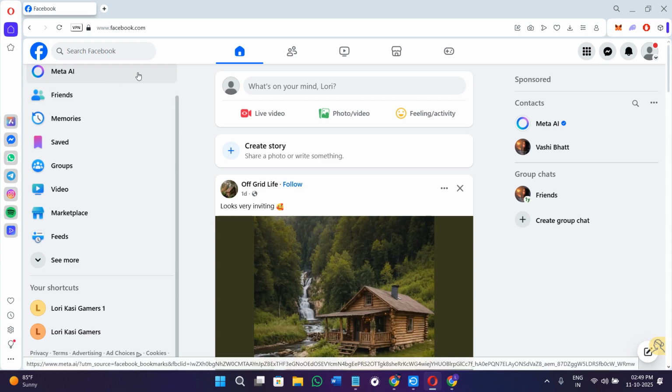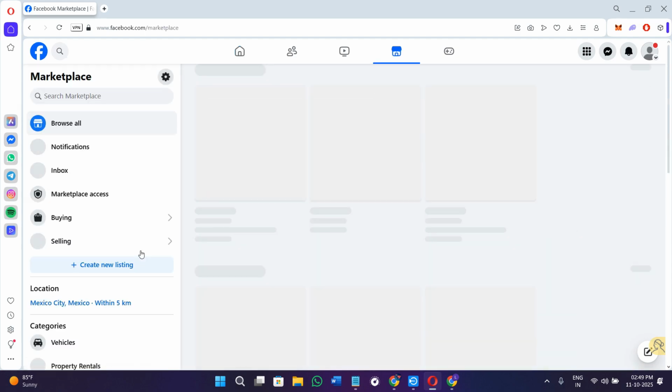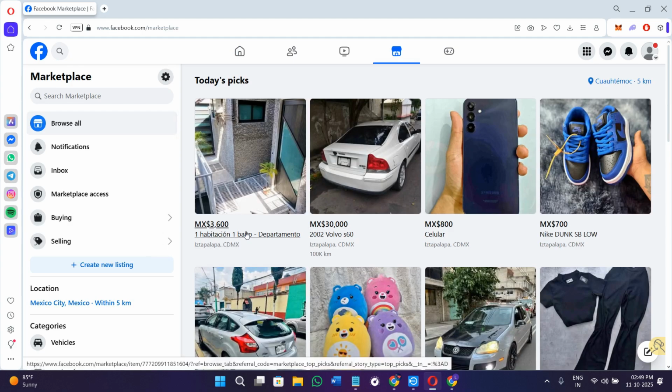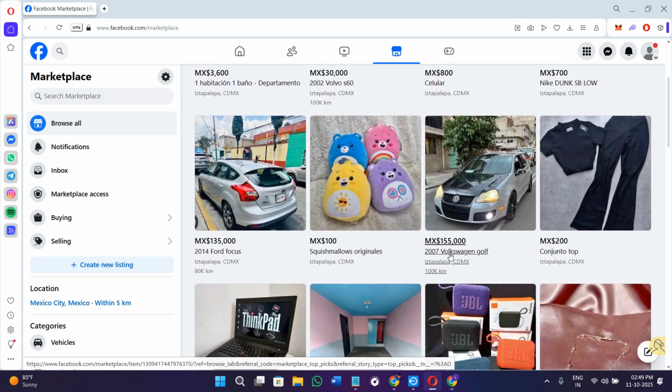your Facebook dashboard. Now over here on your Facebook dashboard, on the left hand side, you will see the option of Marketplace. When you click on the option of Marketplace, you are going to see a bunch of different today's picks. So let's just briefly understand what Facebook Marketplace is before hopping on to how you can start